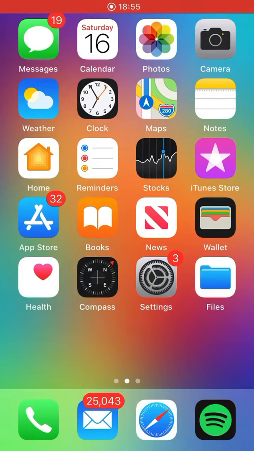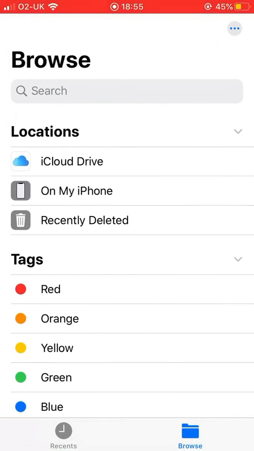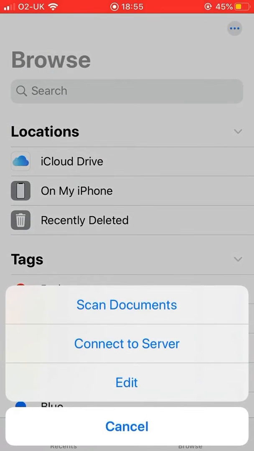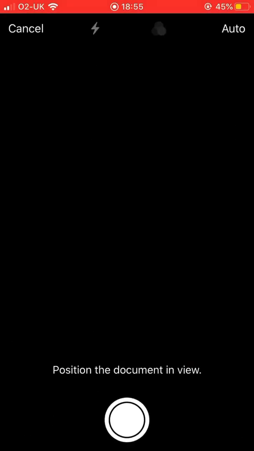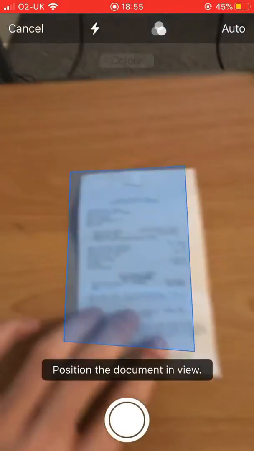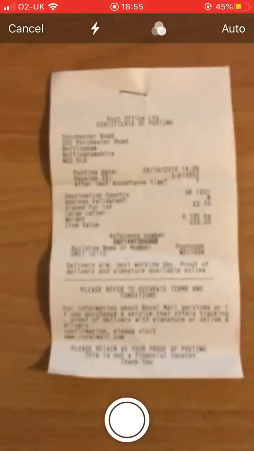The other way you can scan documents on your iPhone is by using the File app on your phone. It should already be installed on your phone, but for whatever reason, if you deleted it, just re-download it on the App Store. So go to Files, and then you want to click on the three dot icon at the top right hand corner, and then press Scan Documents. Then same as before, just line up the document you want to scan,